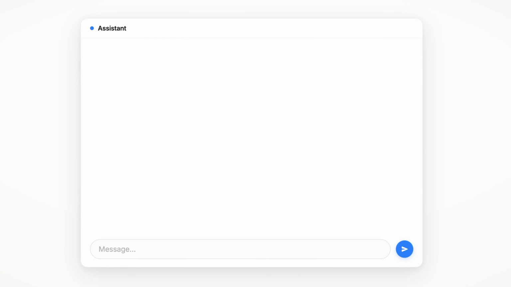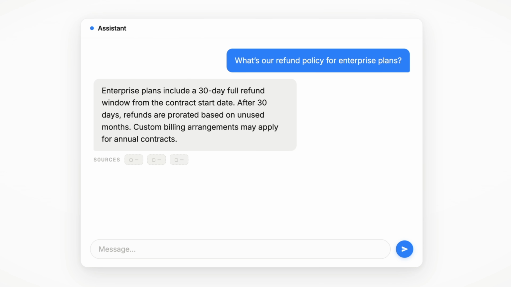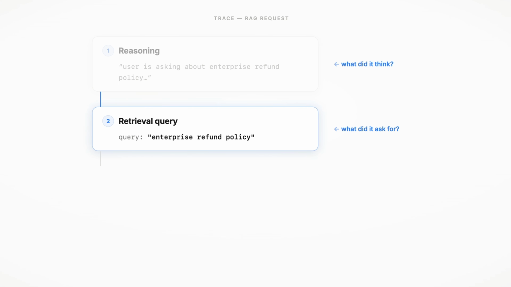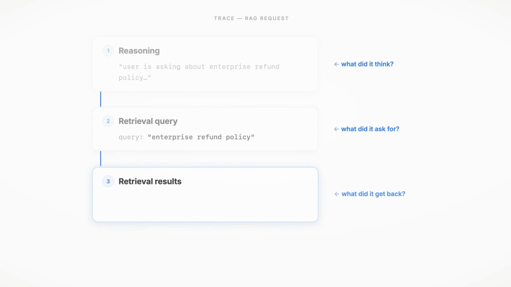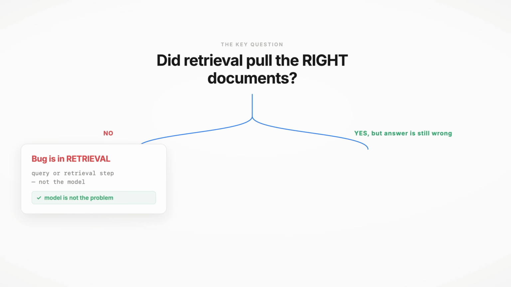To make it concrete, let's say your application, your agent, has an ability to search through a lot of documents with RAG. What if the user sends a request and gets an answer that wasn't backed by a real document? Where is the bug here? Without tracing, you have no idea. With it, you can actually walk the trace. So you can see first what was the reasoning of the model before it called tools. Then you can see the exact query that it sent to the retrieval tool. Then you can check the retrieval step, the retrieval tool. Did it even pull the right documents? If not, then the problem is the retrieval or the query, not the model.